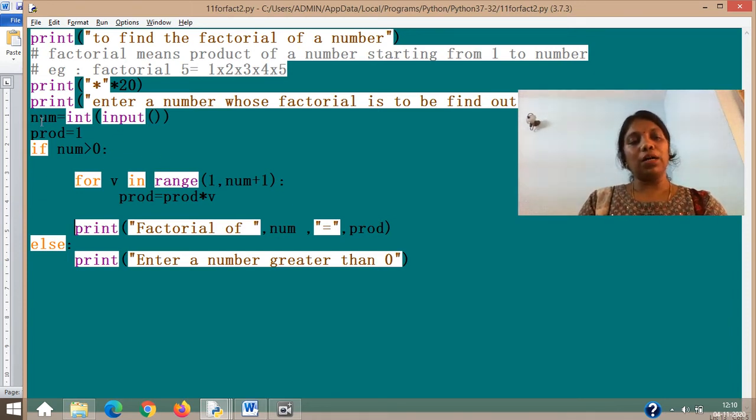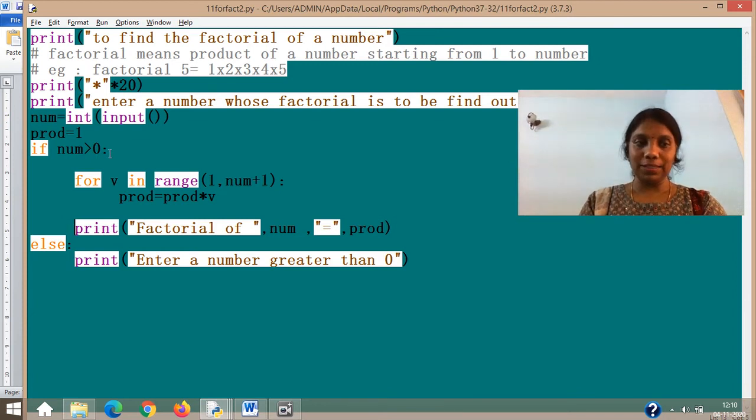What if, by chance, the person who is entering the number enters 0 or a negative 1? In order to avoid that situation, if I want, and this is not part of your examination point of view, but in order to improve the look, style and credibility of your program, you can give an if num greater than 0.